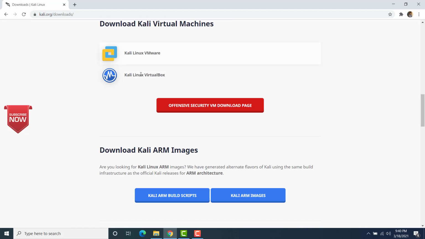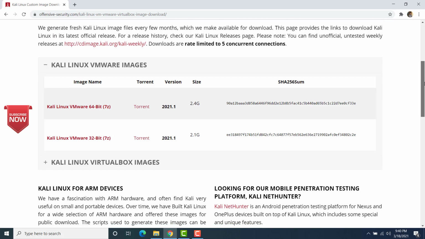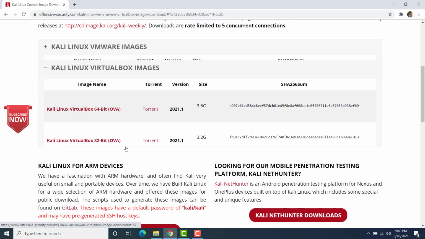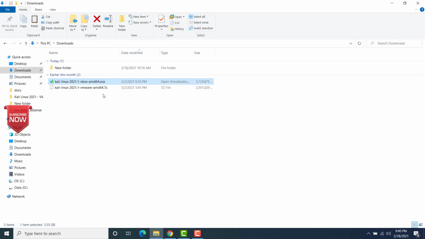So here it is, Kali Linux VirtualBox, Offensive Security, and this will take you to the image file where you can download the image for VirtualBox. I have already downloaded it. Again here you see that the default username and password is Kali. This file is about 3.7 GB.